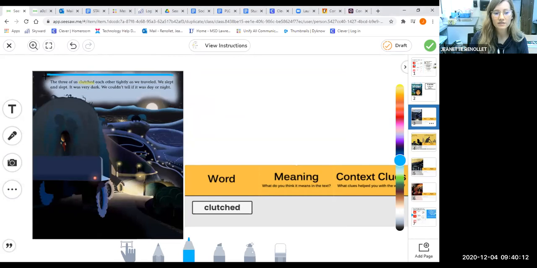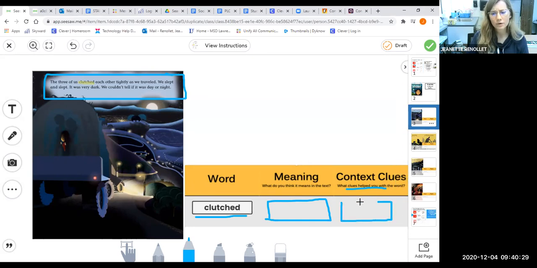You will see a piece of the text from Myon. You will see a word that you've been given, and your job is to tell me what you think the word means, and then share with me what clues helped you. What context clues did you use to help you determine the meaning of the unknown word?